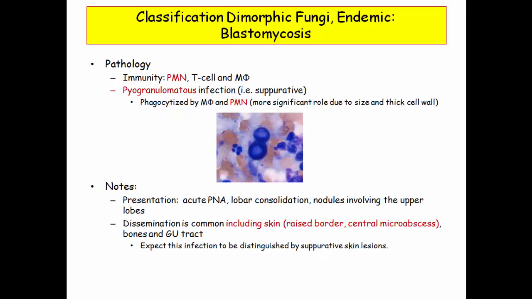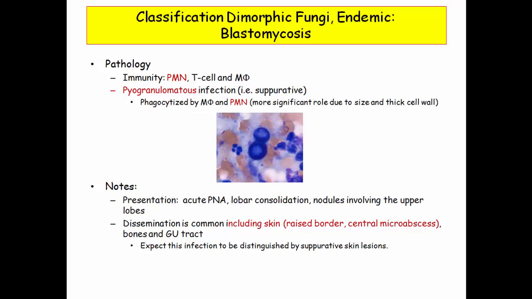Well, now we have some excitement. Note the pathology, pyogranuloma, that is PMNs and pus. This is the only fungal organism that causes suppurative lesions. Granulomas are infiltrated with PMNs. This is unique and one of the standouts with blastomycosis, skin or lung lesions with pyogranulomas. As for the presentation, otherwise nonspecific pulmonary findings. Dissemination outside of the lungs includes skin, bone, and GU tract, but the dermatitis component is the unique feature besides